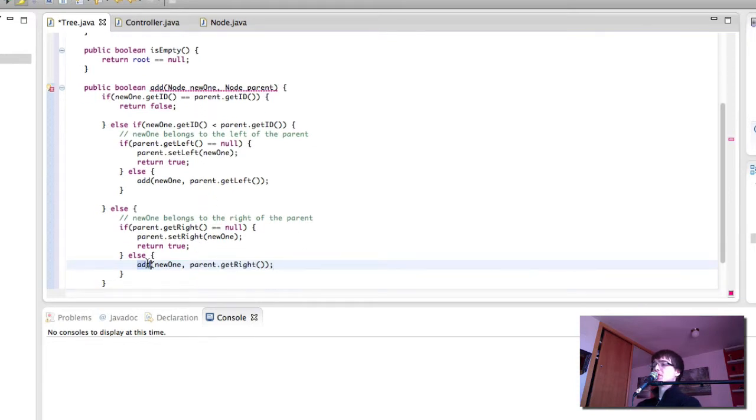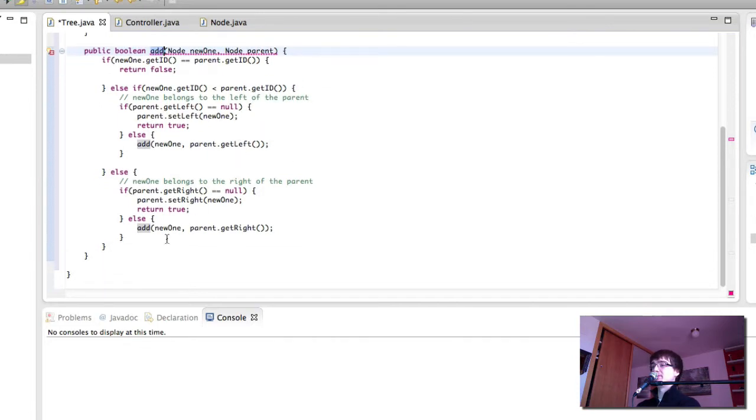So what this is going to do is call itself again, but instead of the parent, it's going to be the parent's right node. So it's essentially going to move down the right path of the tree. Finally, if nothing succeeds, we return false